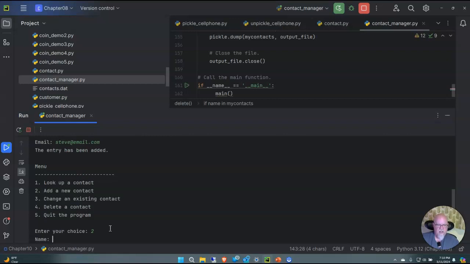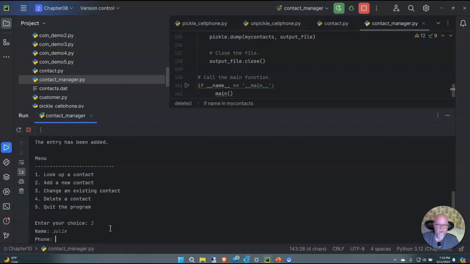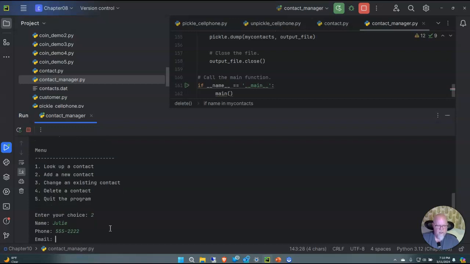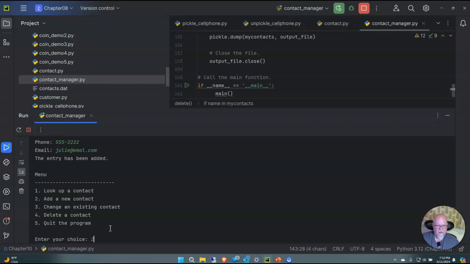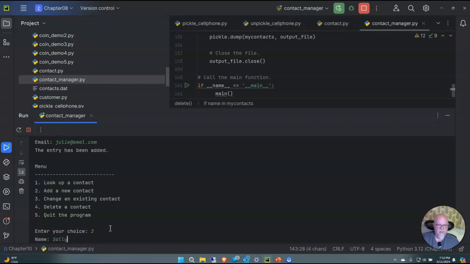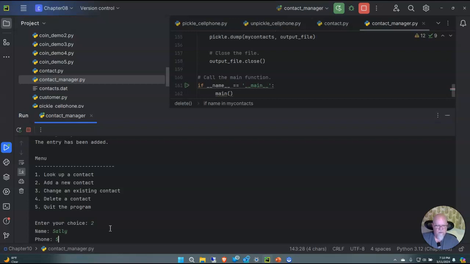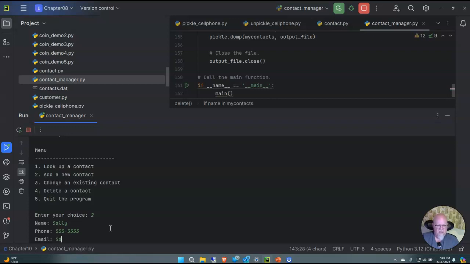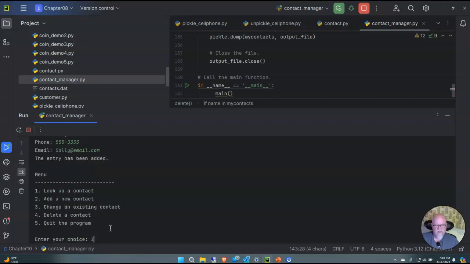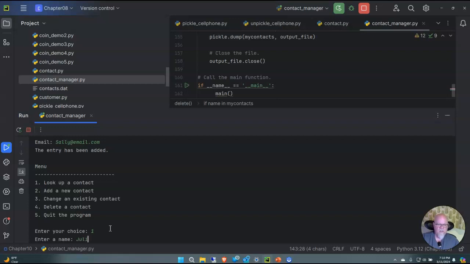And we're going to add another contact, Julie, 555-2222, and Julie@email.com. And we'll do another add, and we'll say Sally, and her phone number is 555-3333, and email is Sally@email.com. And then we'll say, I want to look up a contact, and I'm going to type in Julie, and